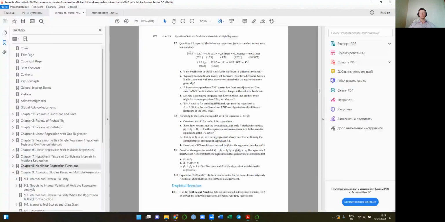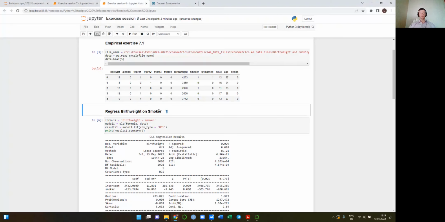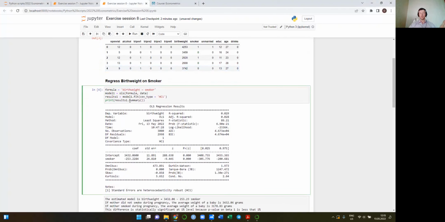And in the empirical exercise, first, to begin, they ask us to run 3 regressions: birth weight on smoker, birth weight on smoker, alcohol, and number of prenatal visits, and also the fourth regressor, an additional control variable, is whether the lady is unmarried or not. So let's do this in the same way. So we have it already, we have all these regressions, but